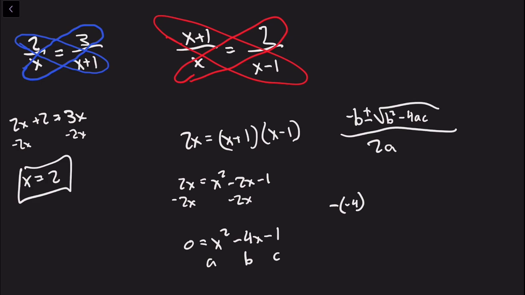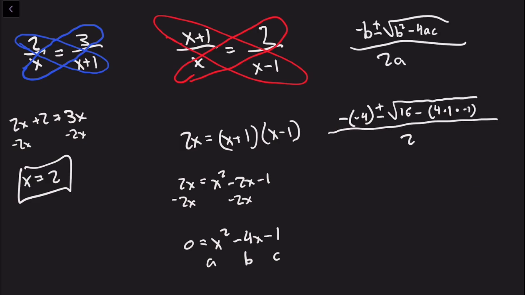-4 plus minus the square root of b squared, that's a -4 squared, which is 16, minus 4 times a, which is just 1, times c, which is -1, all over 2 times a is 1, so it's just over 2. Okay. I just moved it so we have a little bit more room. So on the outside here, this -4 will just end up being 4 plus or minus the square root of